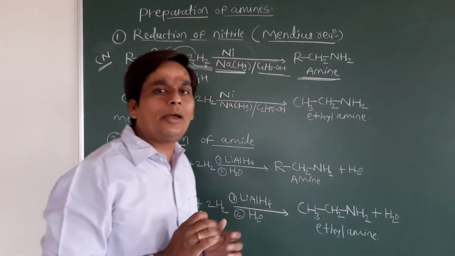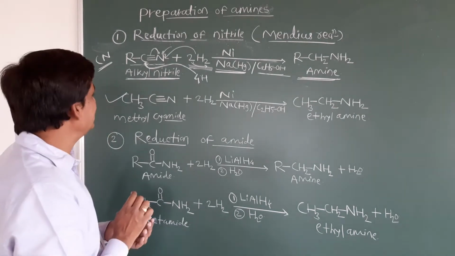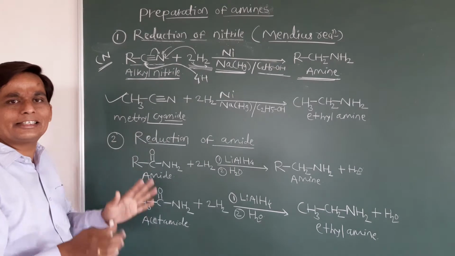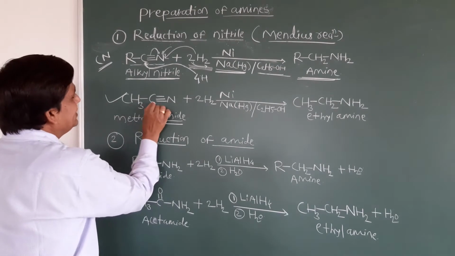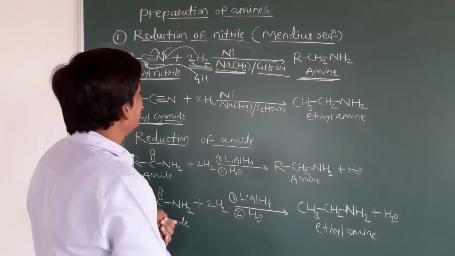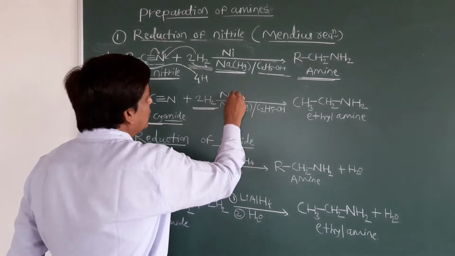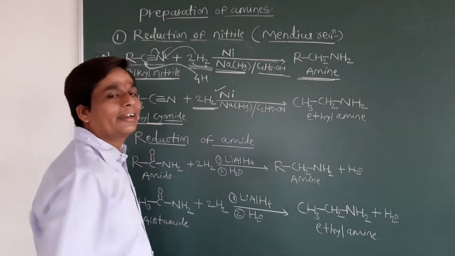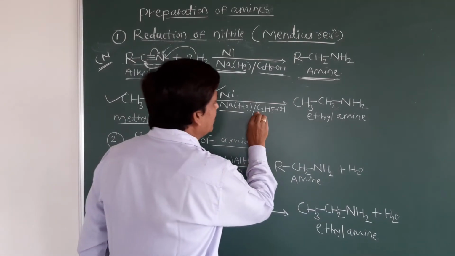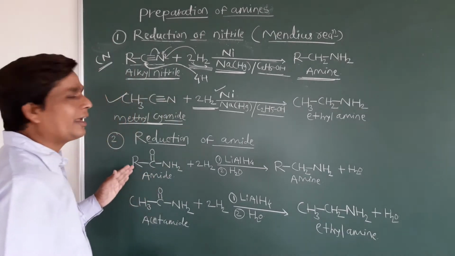Students, now we will discuss one example. Here I have taken methyl cyanide, or you can call it nitrile methane. Cyanide is nothing but the nitrile group, CH3-C triple bond N, which is methyl cyanide. It undergoes reduction. For reduction I am taking 4 hydrogens, 2H2, in the presence of nickel, which acts as a catalyst, and sodium amalgam, NaHg, with the same ethyl alcohol as an organic solvent. Just see how the reaction proceeds.